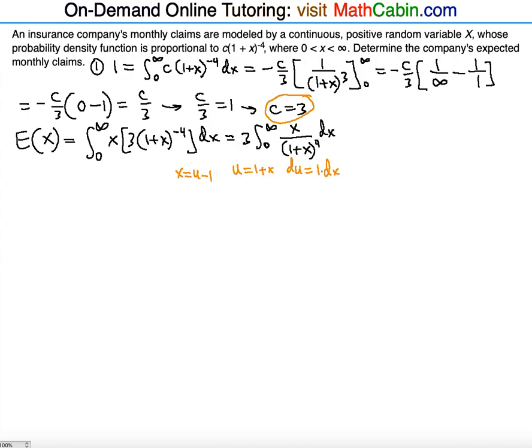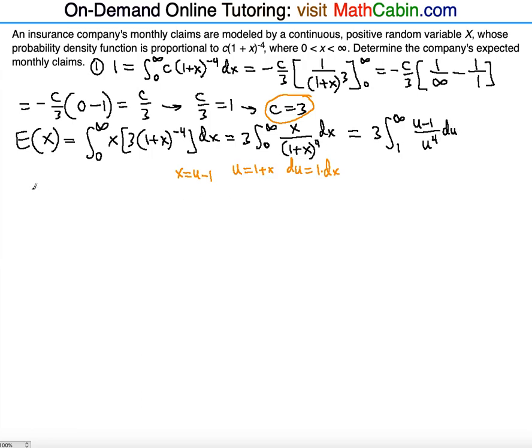But also we have to change the limits of integration. u is a function of x. When x is equal to 0, u is equal to 1, so we start from 1. When x is equal to infinity, u is 1 plus infinity, which is still infinity. So x is going to be u minus 1 on the top, and on the bottom is going to be u to the fourth